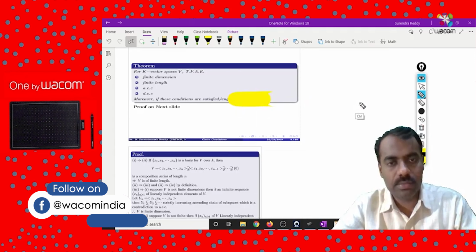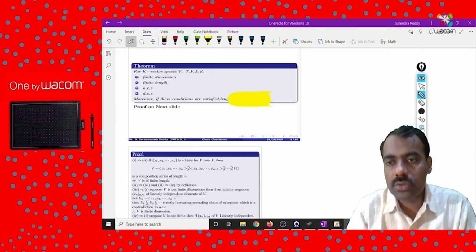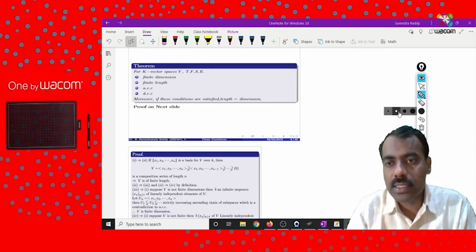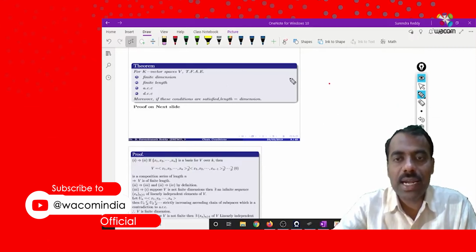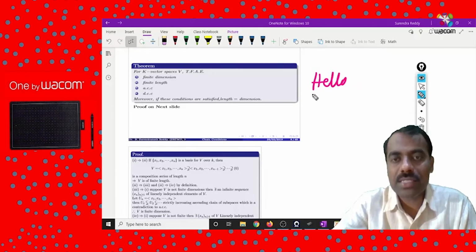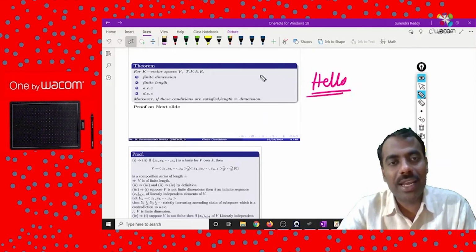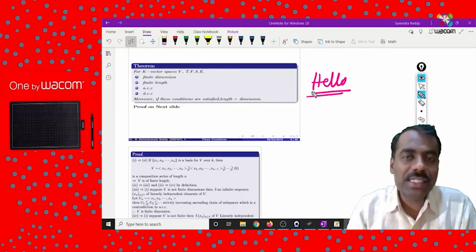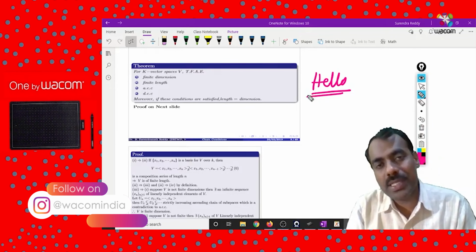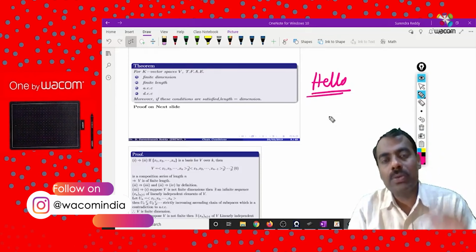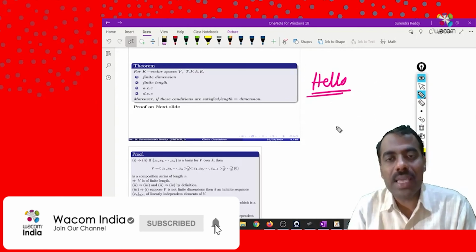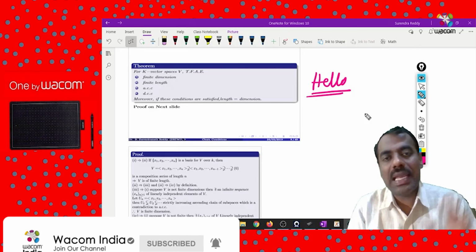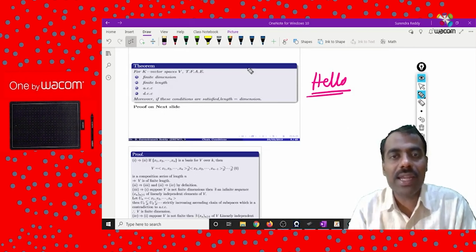Two colors. Let me take this pen and change to this. Okay, fine. Now I can start writing here. You may ask why you require Epic Pen when you are already writing on this one. The advantage is that if you don't want to disturb your presentation, or you don't want to save whatever you are writing, then you can use this Epic Pen tool, because it is like virtually writing on the screen, not actually on OneNote.